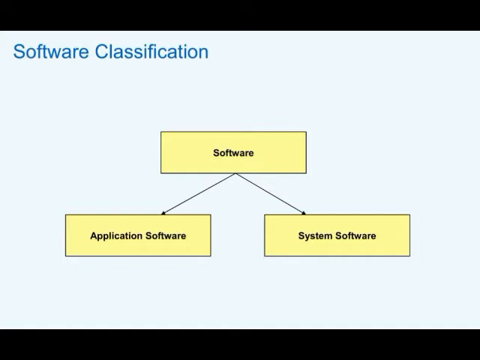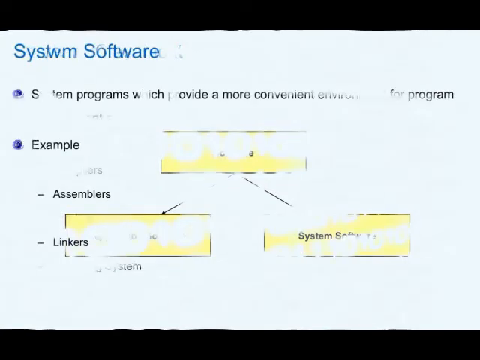Now the question is, what is application software? Application software is a set of programs which are written by the programmer for some specific purpose, like for a banking unit, or for a telephone directory if it needs to be created. So those are the application software being created by the programmer, and for developing it, we need the system software which will help us in doing that. With this background, let us start with what we mean by the system software in more detail.